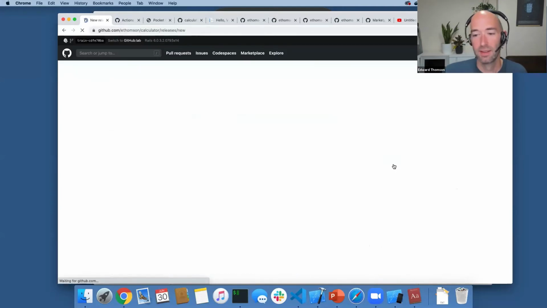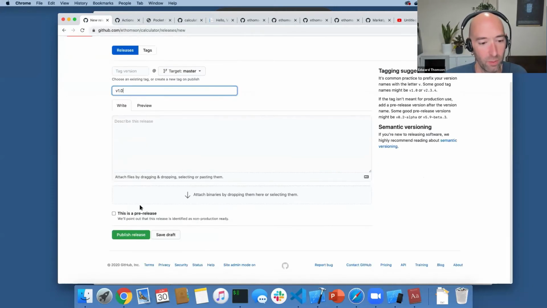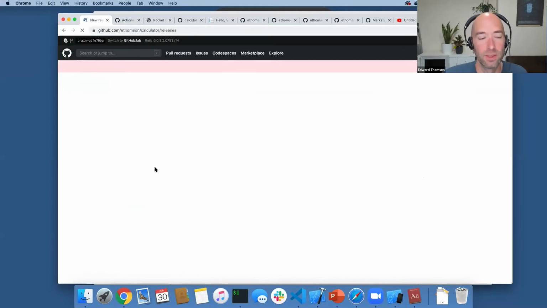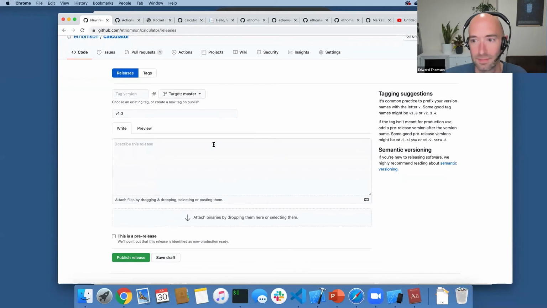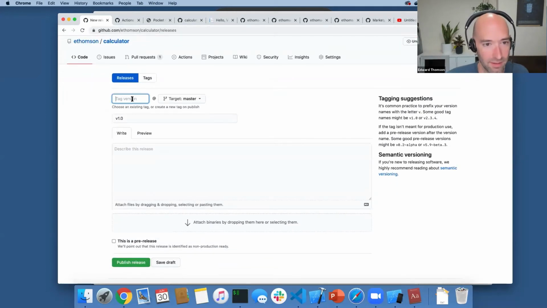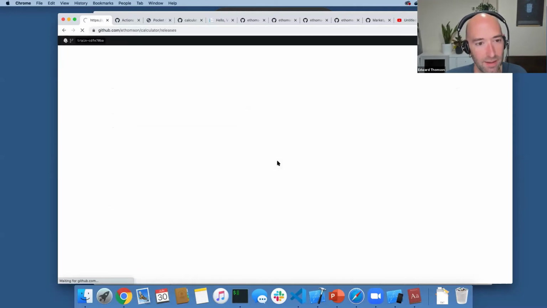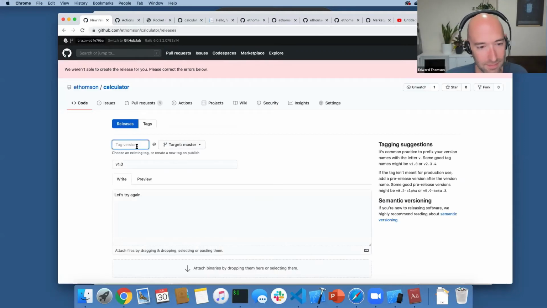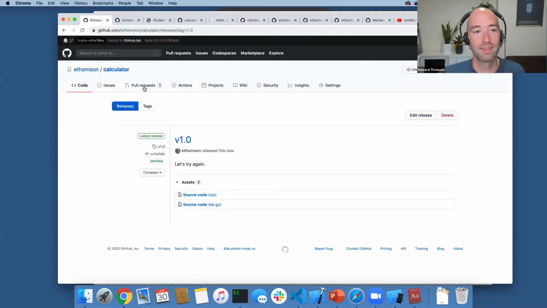There we go, it's right there. Moved around a little bit on me on the UI. So let's call it v1.0, and we'll click publish. And now when I do that, if I go over to the Actions tab, please correct the errors below. Oh, I'm sorry. No, master is fine. Let's try again. Maybe just a little spontaneous error. Well, oh, do I need to give the tag a name? Have I forgotten how to do a release on GitHub? I, in fact, have. Okay, now that we've created a release,